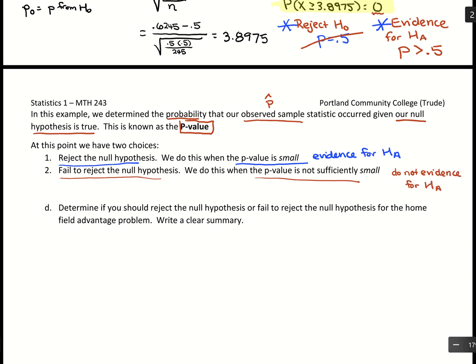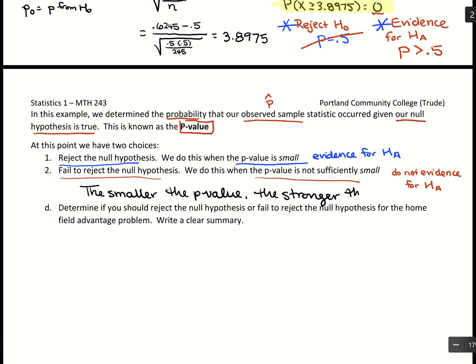So in our conclusions, when we make our sentences, we'll either say we have evidence for what's being laid out in the alternative hypothesis, or we don't have enough evidence. The key is that when we start these hypothesis tests, we want a small p-value. This small p-value leads us to strong evidence. And the smaller the p-value, the stronger the evidence. So the smaller the p-value, the stronger the evidence for the alternative